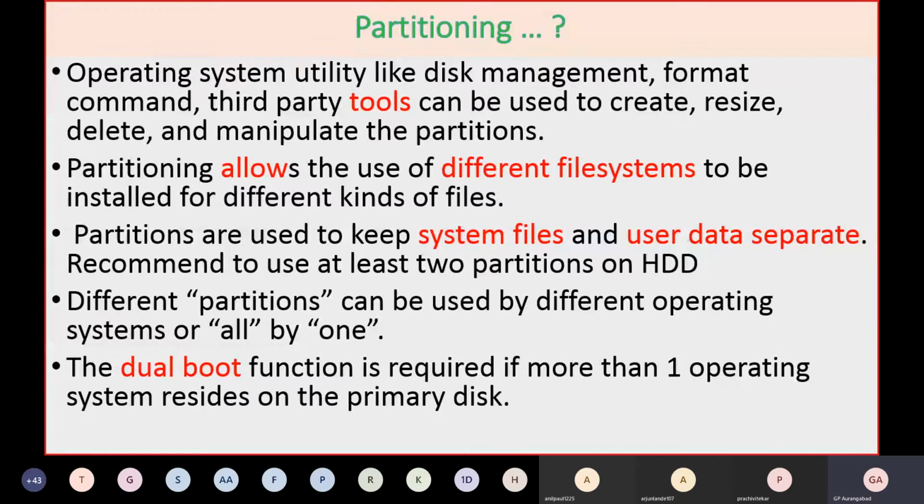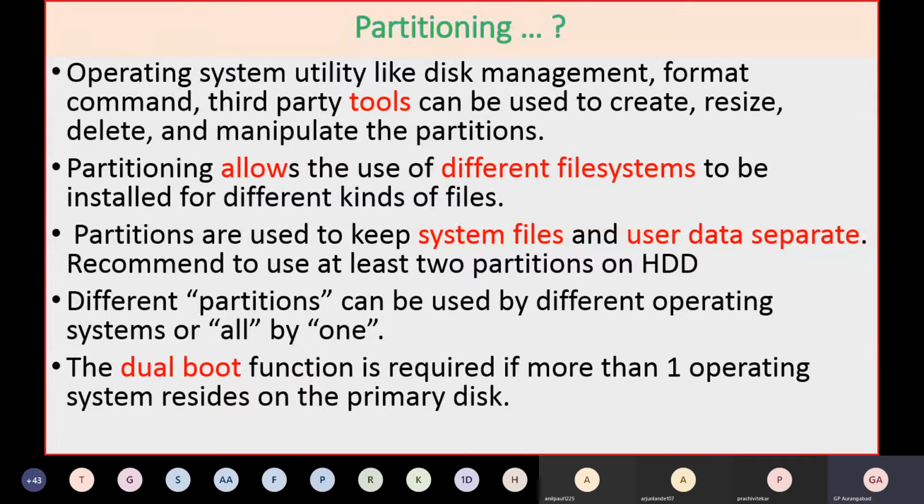That is what we call four primary partitions. But when you create primary partitions, you can also create one extended partition. If you create one extended partition, you can have multiple partitions inside the extended partition. In short, any hard disk can be divided into at least four different compartments.